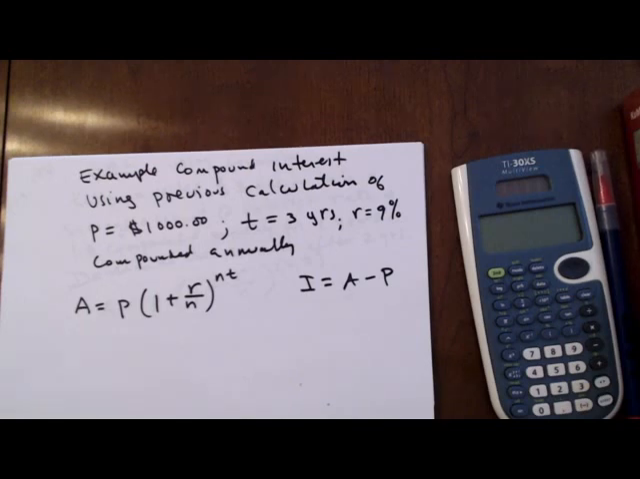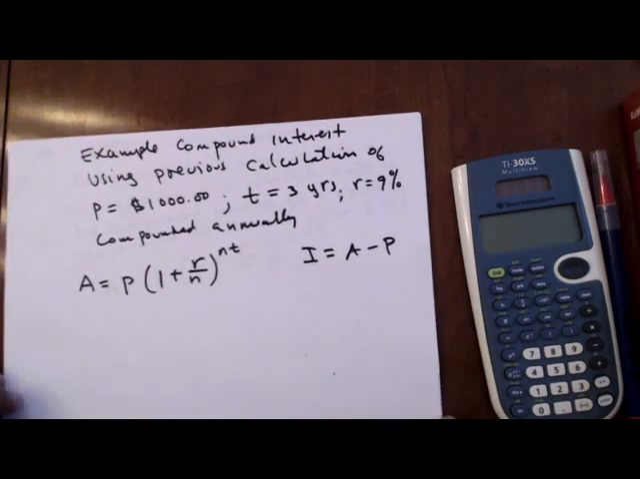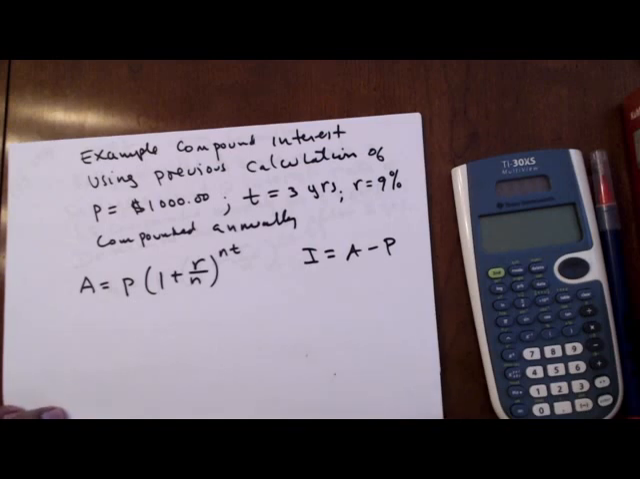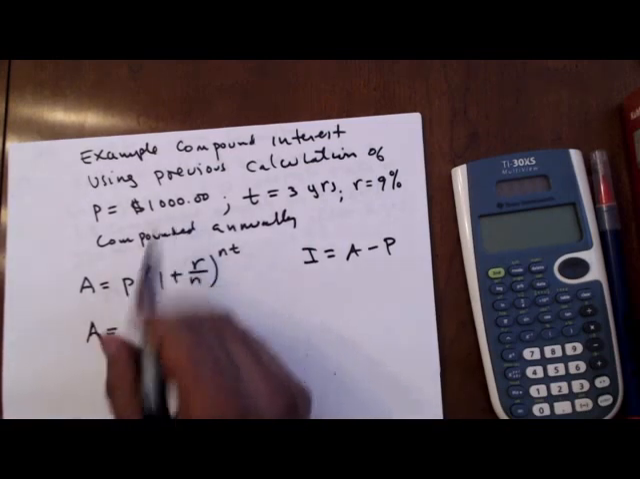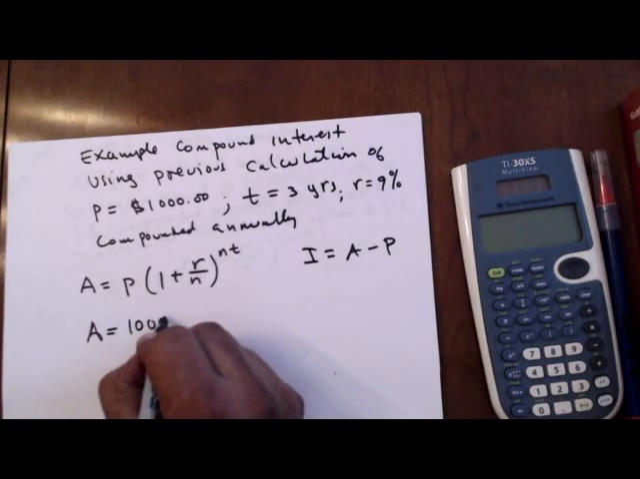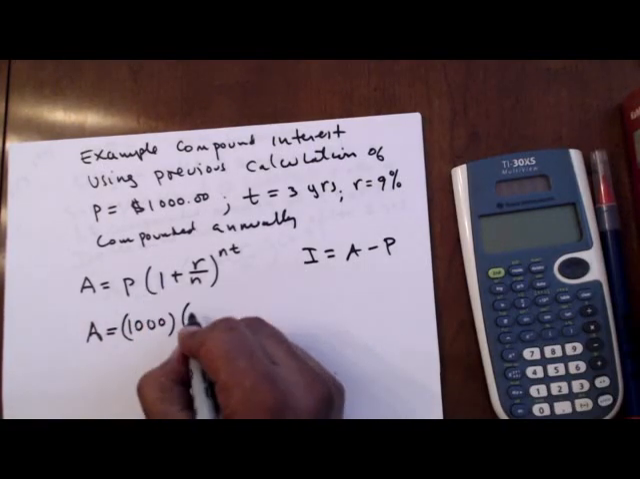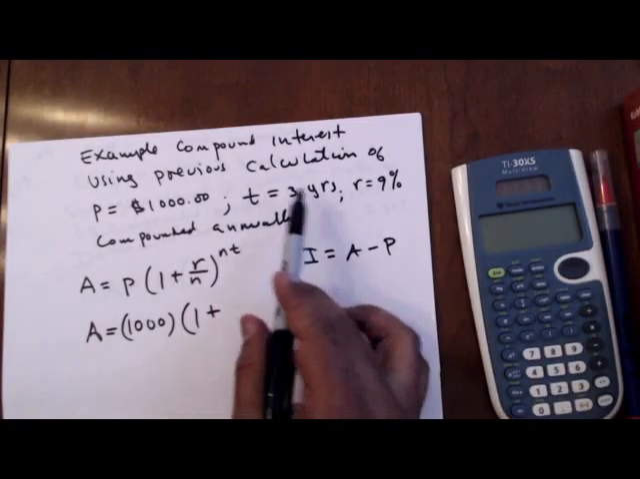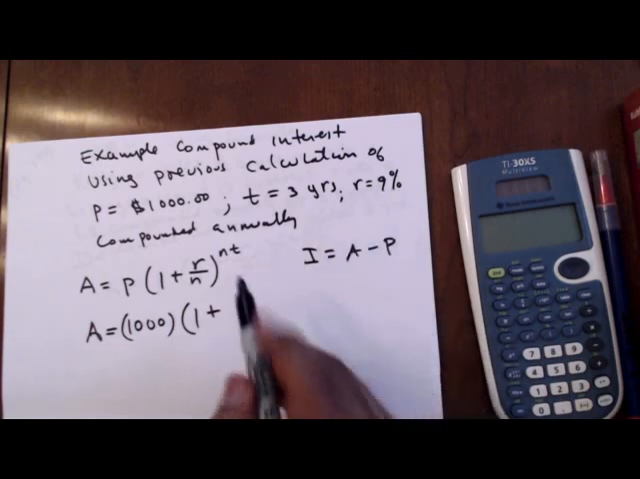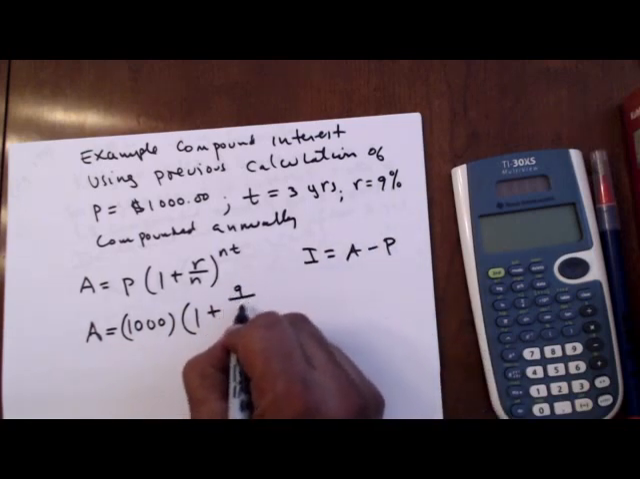So in the example that we used earlier, we had $1,000, right? And we invested it in a compound interest, and we did it manually in the previous example. Now we're going to use the formula. So our amount is going to be equal to the principal, which is 1,000, right? This is 1 plus the rate. Now remember, the rate is 9%, so it's 9 over 100